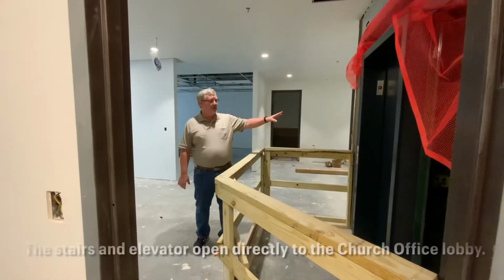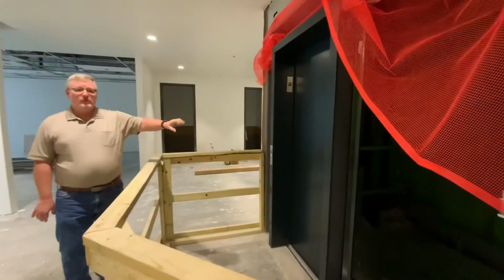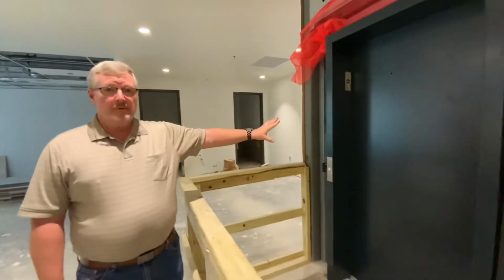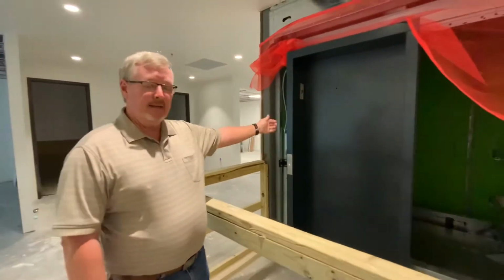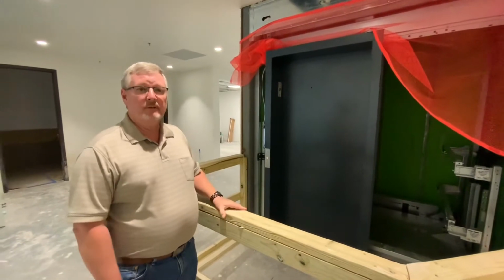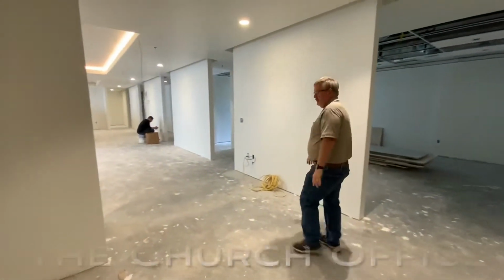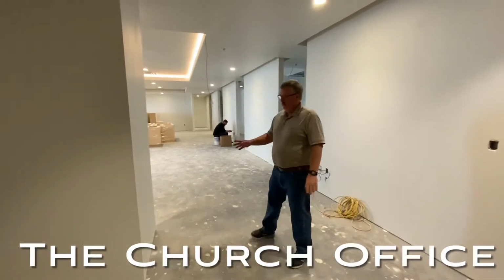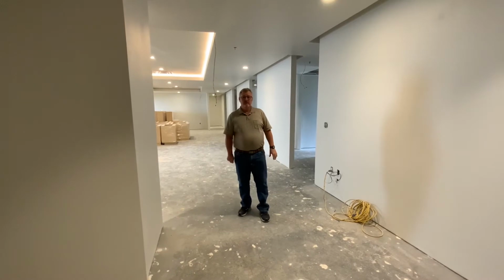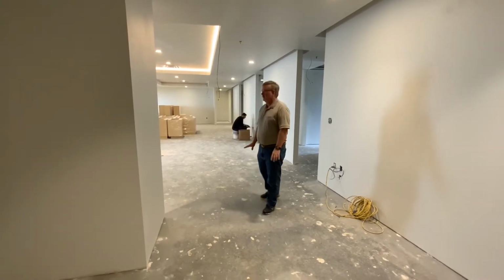Upstairs here is just the lobby with the elevator here. One unique thing about them is the way the doors are set up. Downstairs it'll open on the corridor side, and then when we get up here, it'll actually open on the back side of that directly into the office area. And moving this way will be the reception area where there'll be a desk area here across this for any visitors to be greeted in this area. Then when you move this way